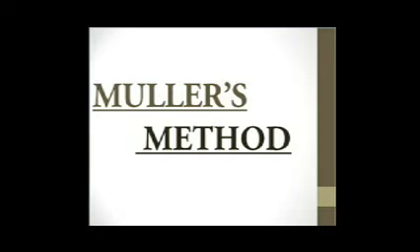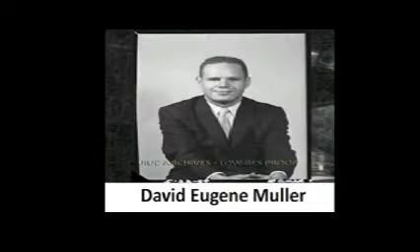Muller's method. Muller's method was first presented by David E. Muller in 1952. David Eugene Muller was born on November 2, 1924 in Austin, Texas, and died on April 27, 2008. He is the son of Herman J. Muller, a Nobel Prize awardee in 1946 for his discovery of X-ray-induced mutations in Drosophila melanogaster, and Jess Jacobs Muller,